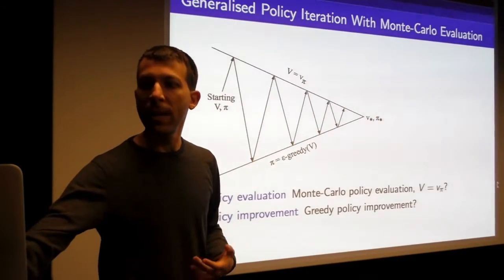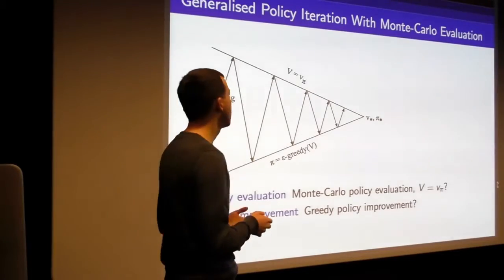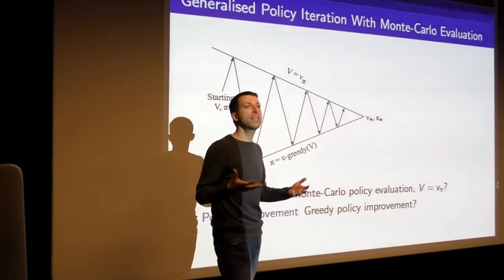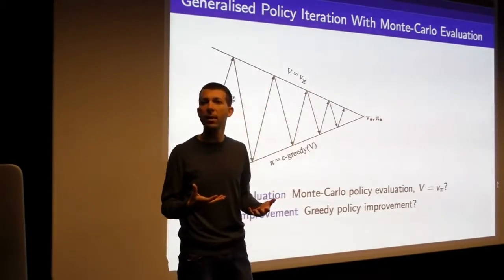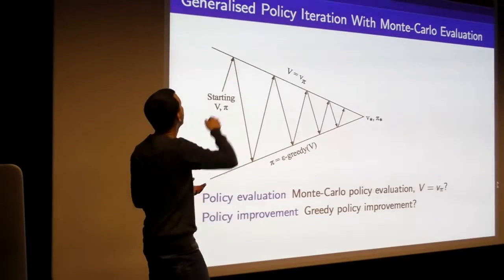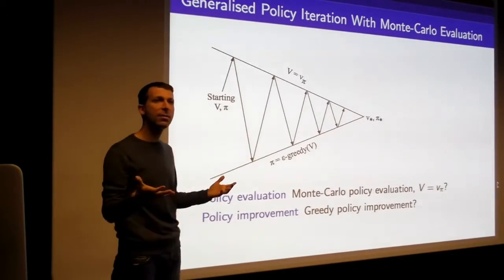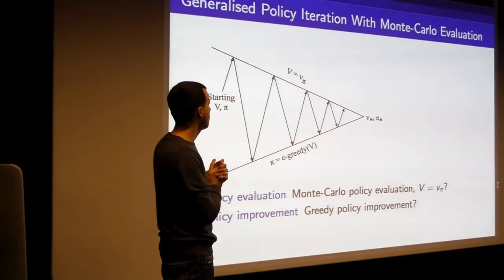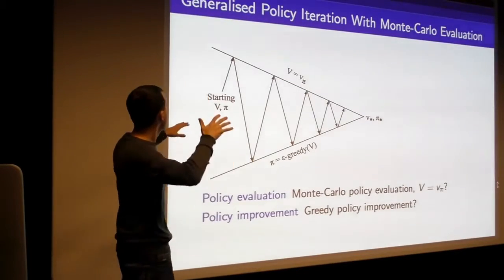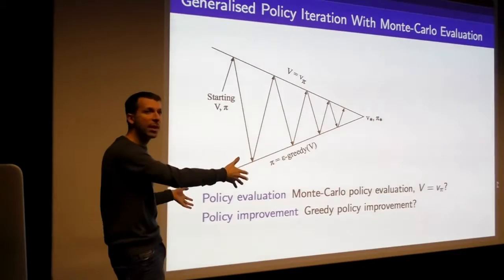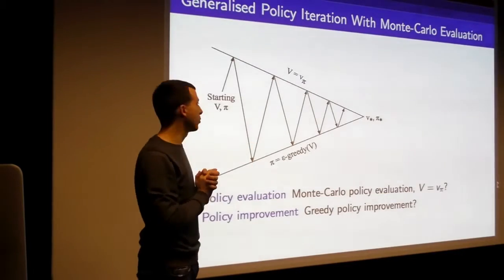So let's make a first try. Let's say we want to do the simplest case. Let's start with Monte Carlo learning. So we're doing basically Monte Carlo control. We're in that chapter of the lectures. We're going to start with Monte Carlo control, and later we'll move on to TD control.